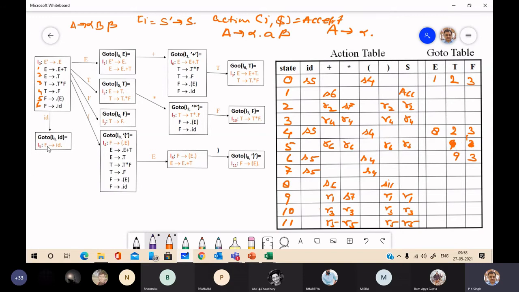Because item set I5 have only single item. Now I7 is this. So we have F just after dot. Go to I7 F is I10. So here you will get 10.